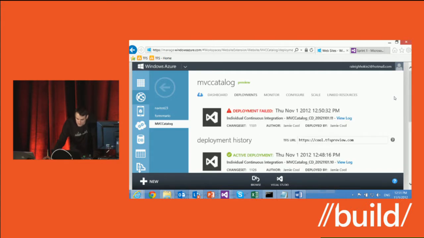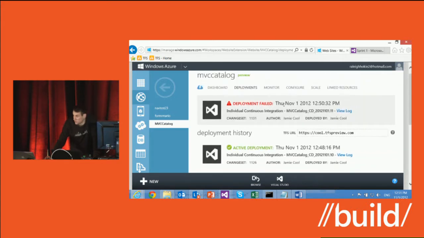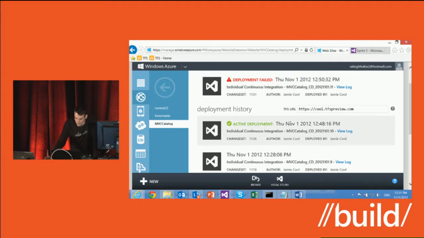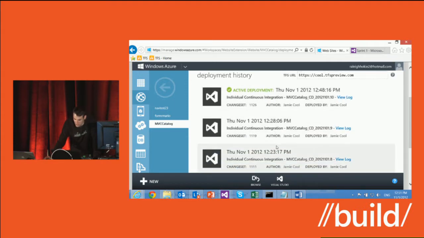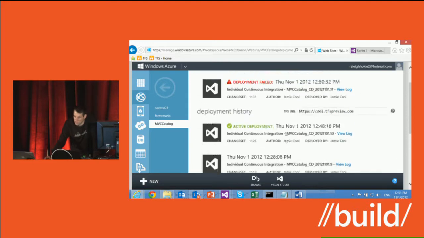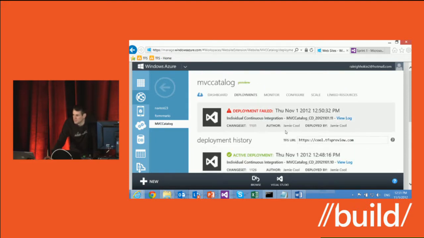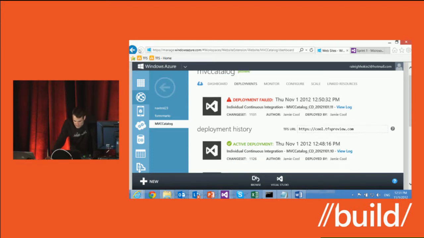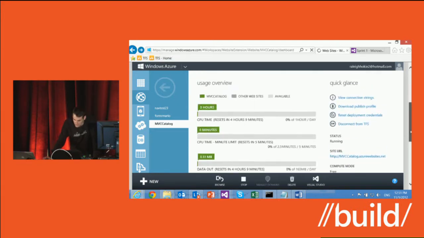And in fact, apparently the last one failed because something got broken. But all of these ones that have been happening over the last few minutes, as I've been doing the check-ins, these all have been happening this hour. I have continuous delivery set up, and it took about 90 seconds to get that set up for this basic scenario. Now, the more advanced your app is, the more complicated it gets, but you kind of have it. And in fact, if everything worked right, then I should be able to go and look at the actual app here running on Azure, and it should be